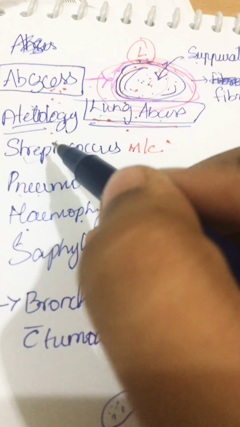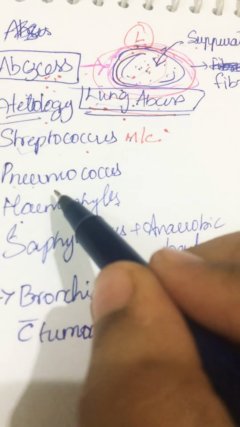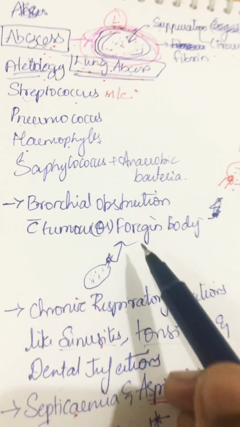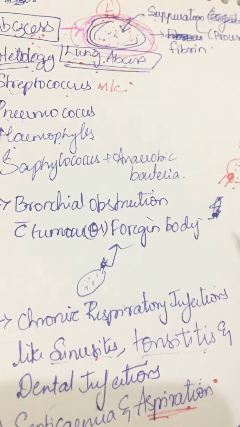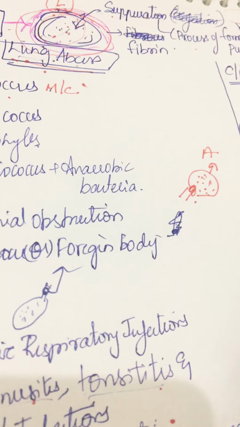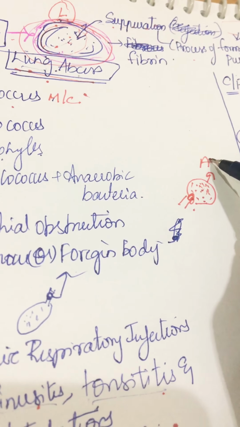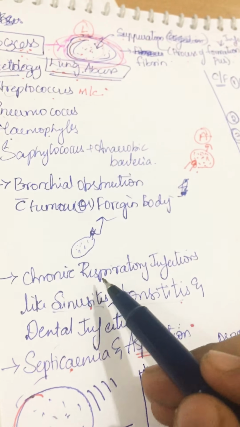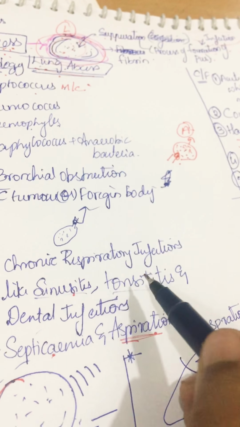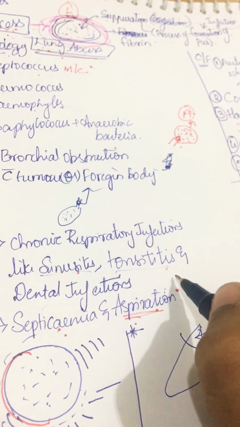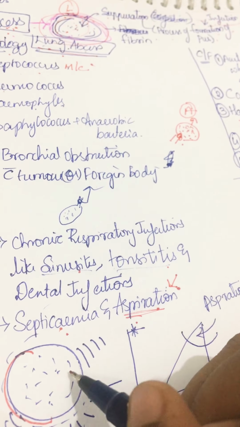The most common causes are streptococcus, pneumococcus, haemophilus, staphylococcus, and aerobic bacteria. Bronchial obstruction by a foreign body: when a foreign body obstructs the bronchi, it results in accumulation of secretions and results in the formation of an abscess. Next, chronic respiratory infection like sinusitis, tonsillitis, dental infection, septicemia, and procedures like aspiration, which result in the formation